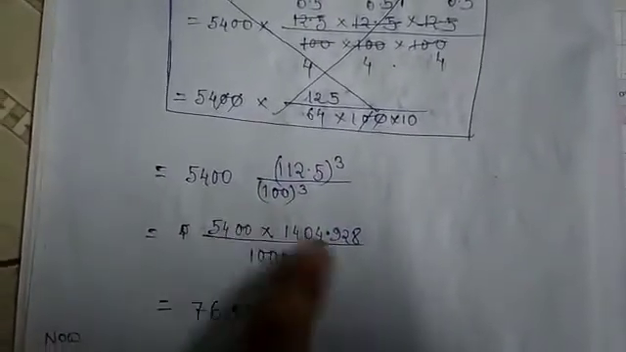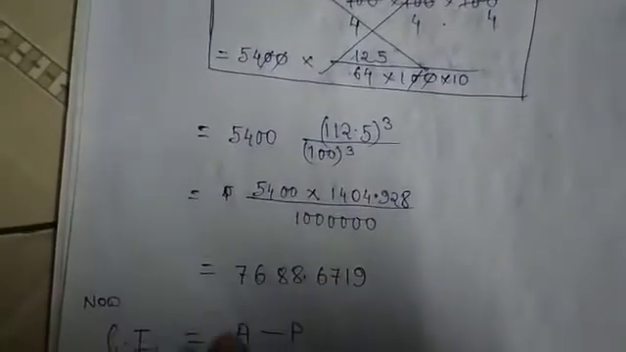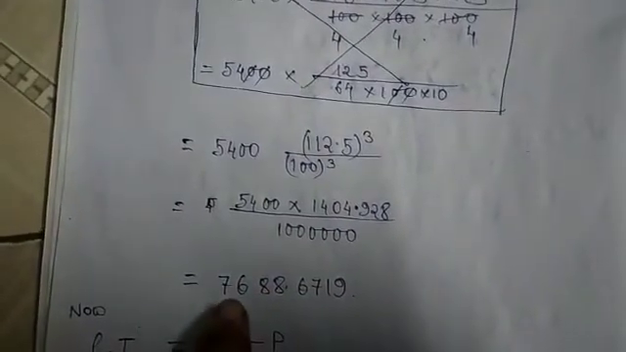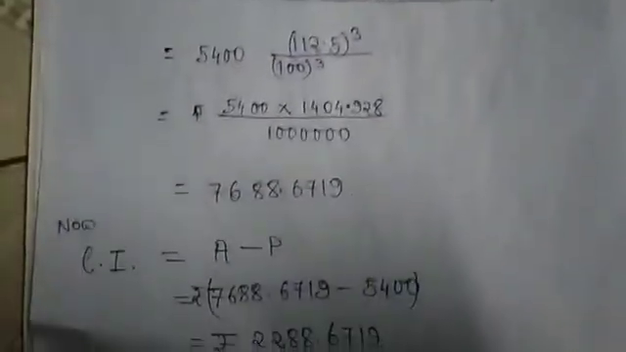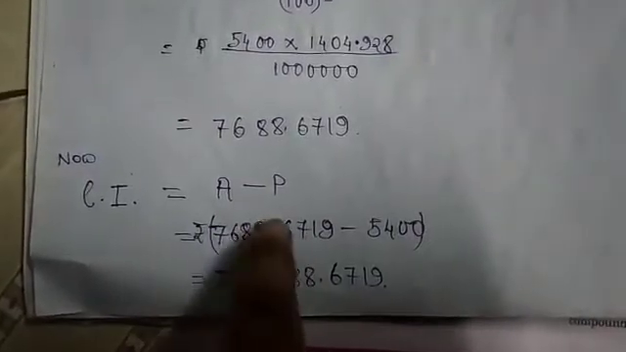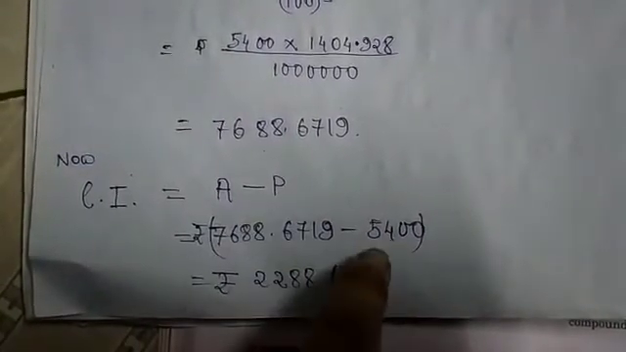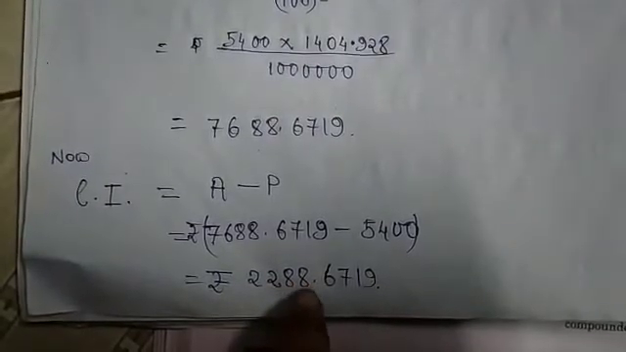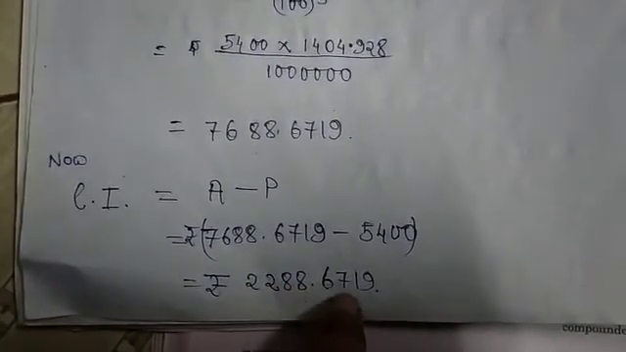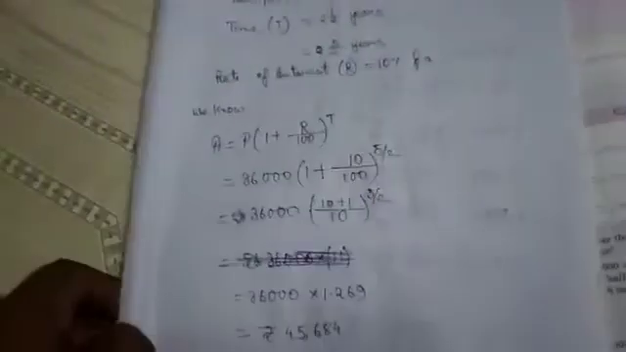Now after calculating, I've got the result as 7688.6719. This is our amount, and to find out the compound interest, I just have to subtract the principal from the amount, which gives us the value as 2288.6719. So these are the values of amount and compound interest. So, last of the problem,